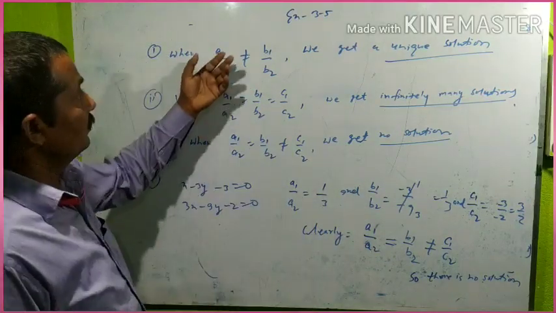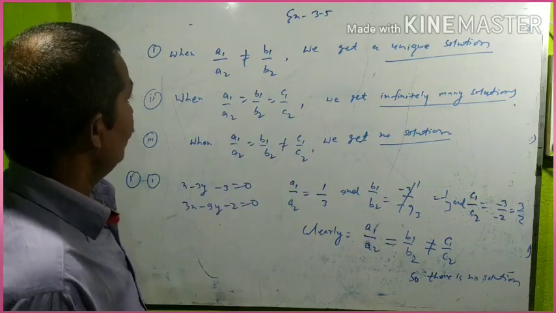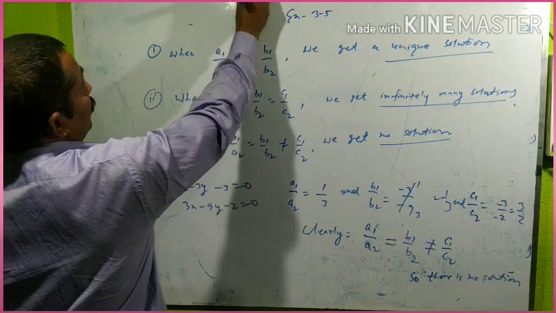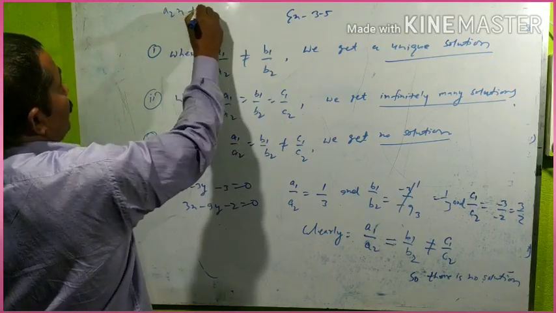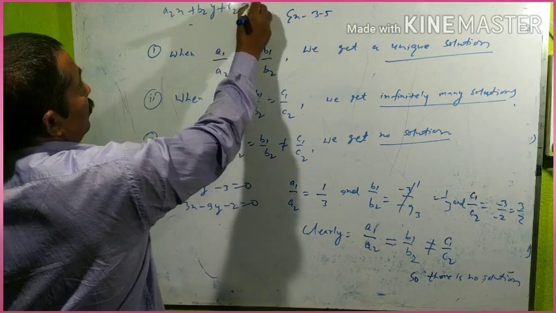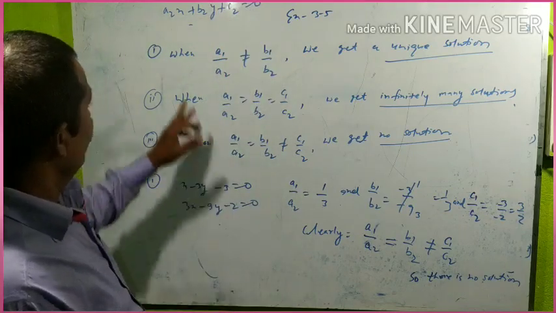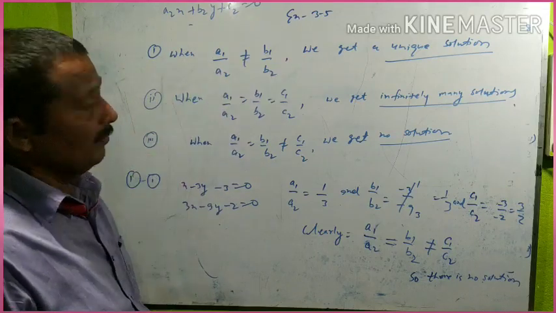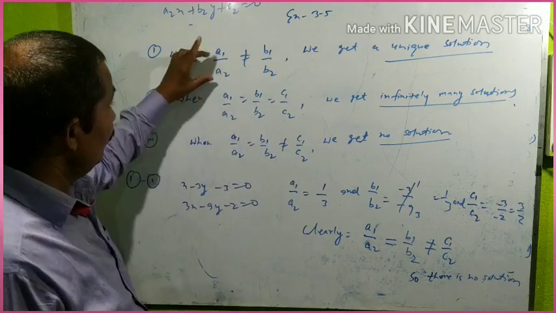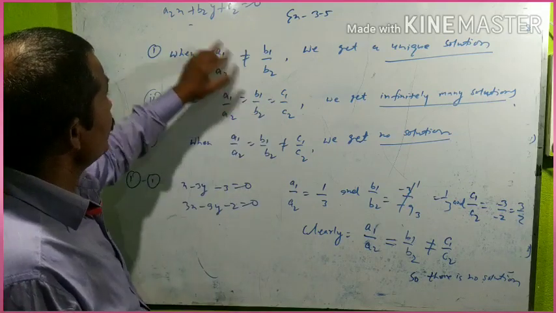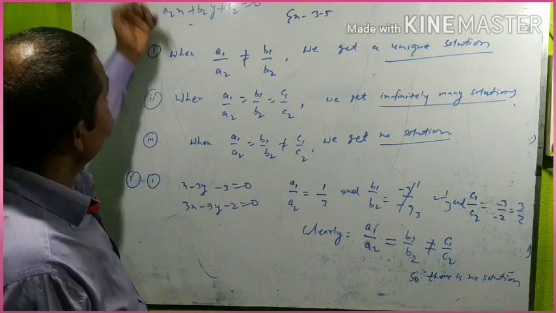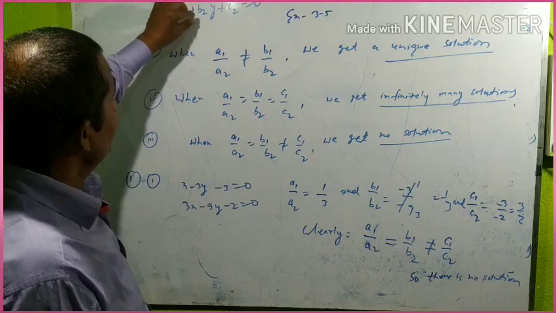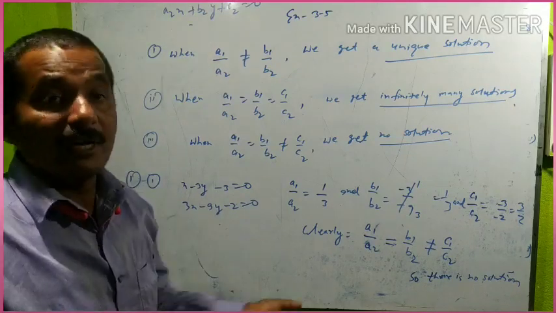Try to understand about the basic form, this one you have already studied now, like a1x plus b1y plus c1 is equal to 0, a2x plus b2y plus c2 is equal to 0. Look here. When a1 by a2 is not equal to b1 by b2, means a1 by a2, b1 by b2, c1 by c2, first of all, you will get the results now. Means you will get the ratio of a1 by a2, b1 by b2 and c1 by c2. Then you will compare.